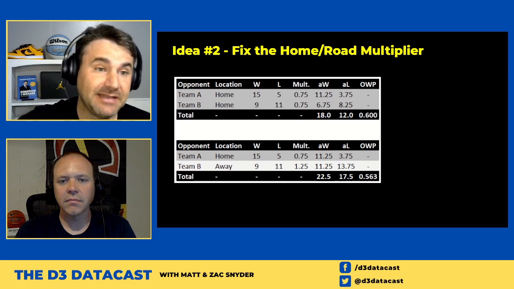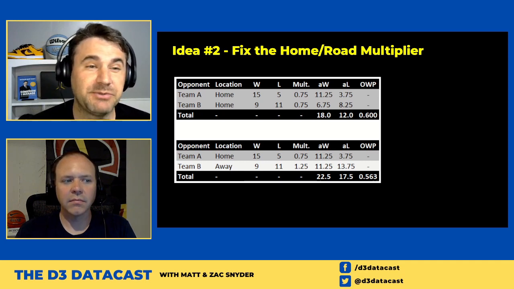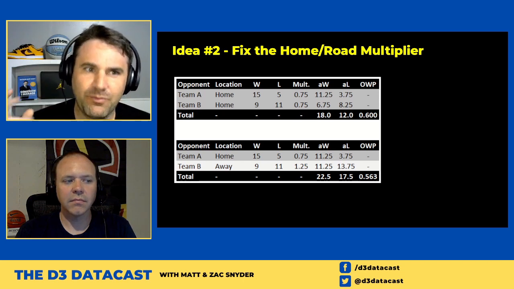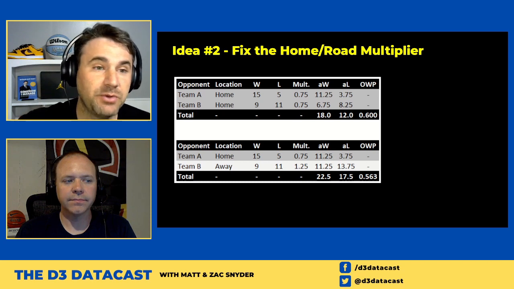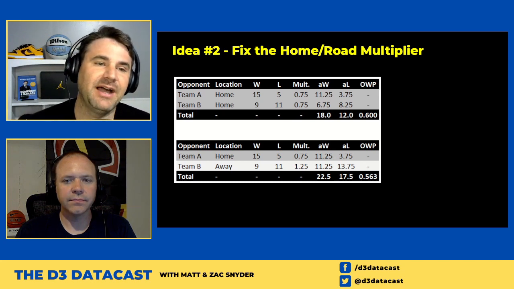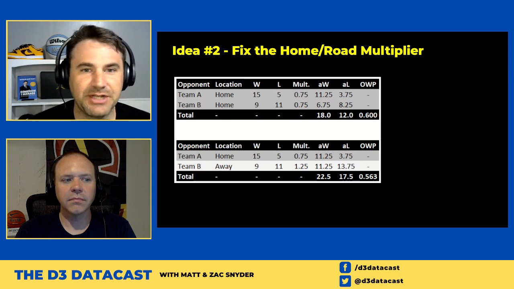This is even just a 9-11 opponent, so it's not even a bad opponent; it's a pretty average opponent. But it drags down your OWP harder if it's on the road. So the way it's implemented is actually very counterintuitive. To me, it's wrong. It's really a magnification of road game importance, and it diminishes the importance of home games rather than making it more difficult or less difficult on your schedule.